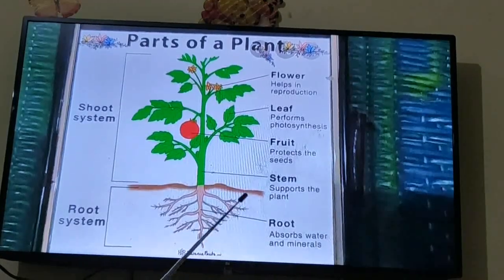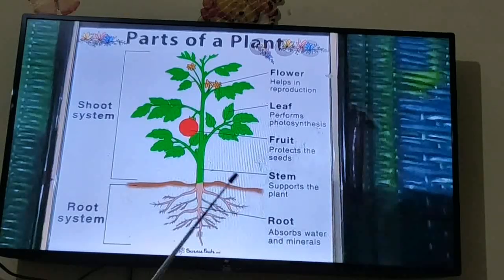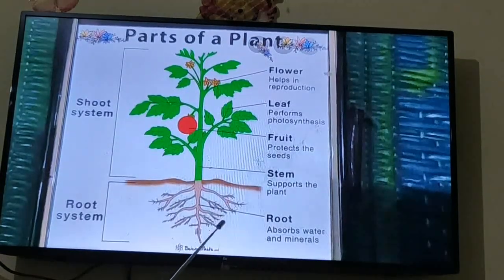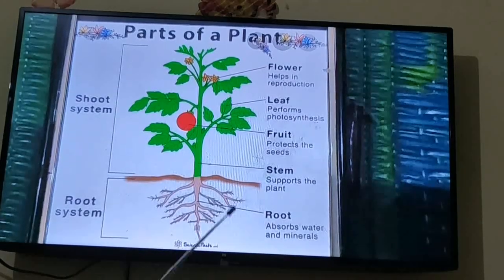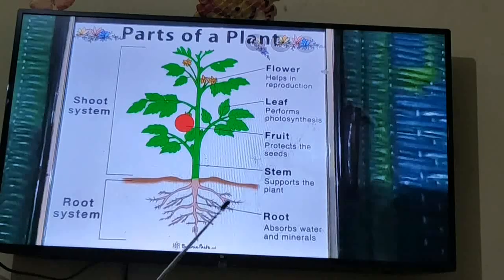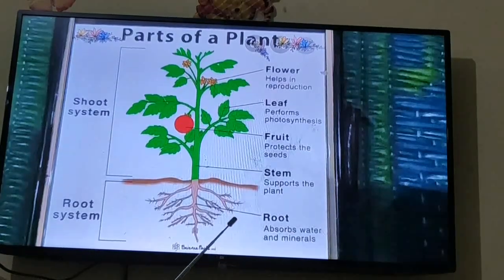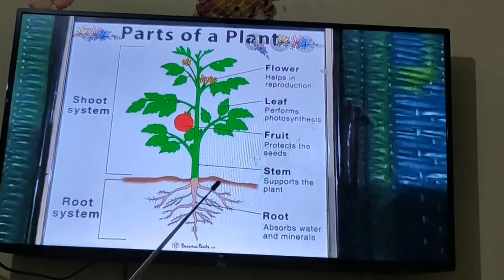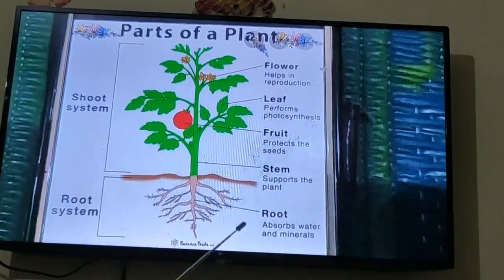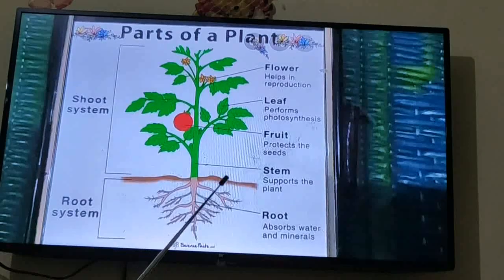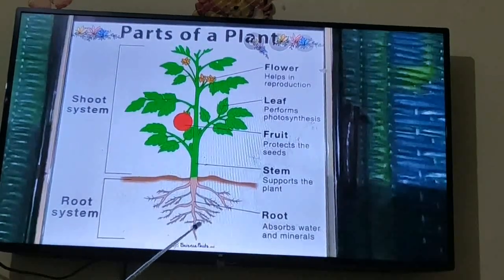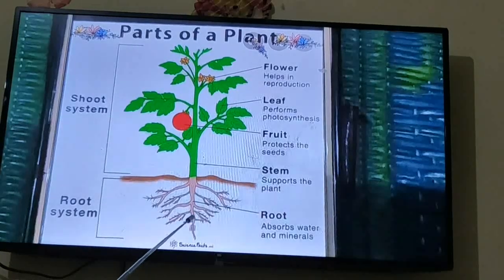Do you know what they do for plants? That means, what are the functions of the roots? First function: first of all I am going to ask one question. Have you pulled out any plant? If not, then try and you will observe that a plant does not pull out easily, which means roots fix the plant. Roots fix the plant strongly in the soil.